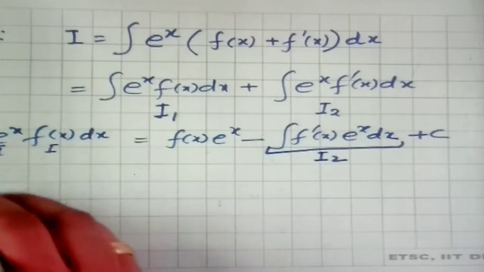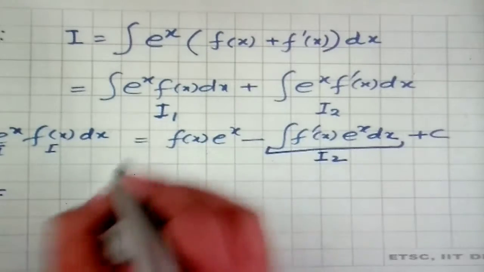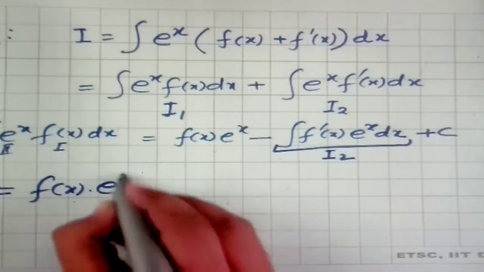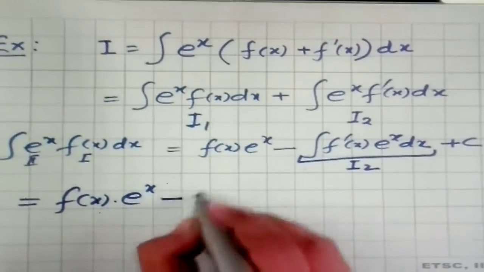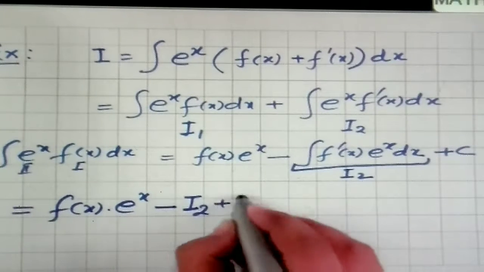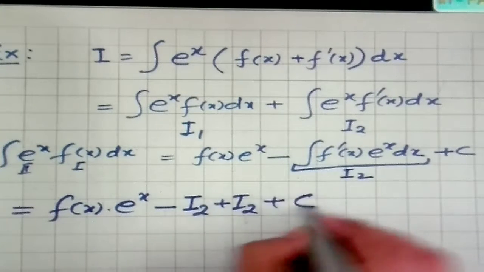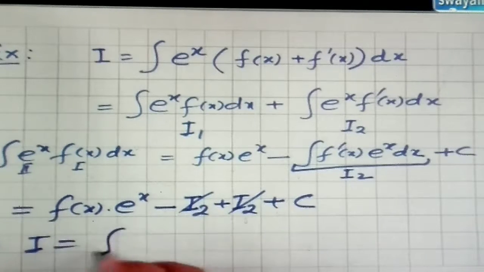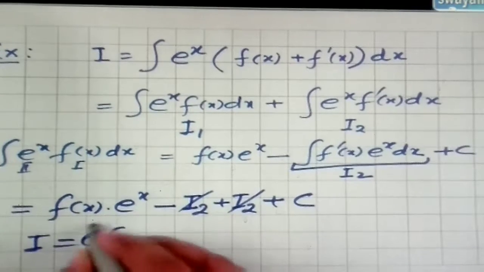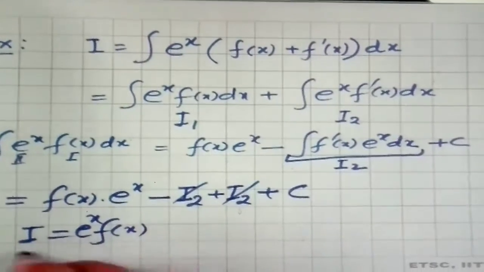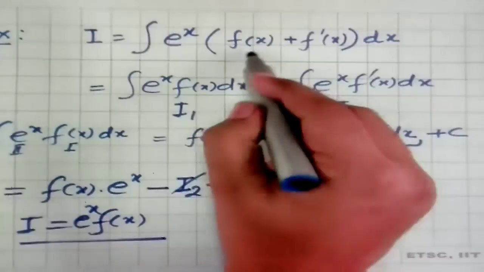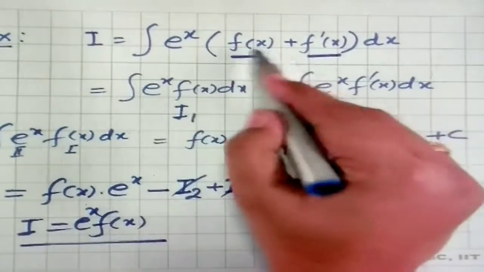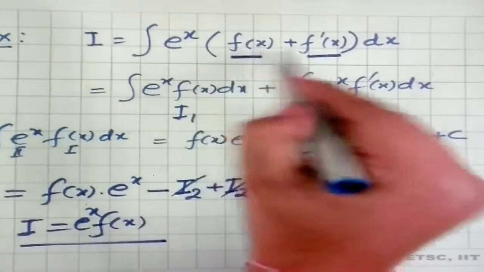So the integral I now is written as I1, for which the value is f(x) into e raised to power x minus I2, plus I2 plus c, which gets cancelled. So finally the integral I turns out to be e raised to power x f(x). So if a problem is of this kind, that it is having exponential function and the product is written with exponential as f(x) + f'(x),